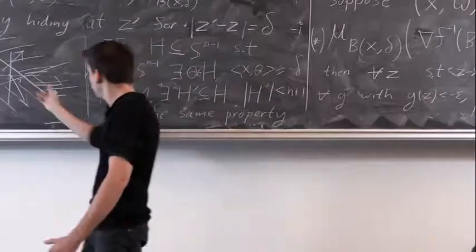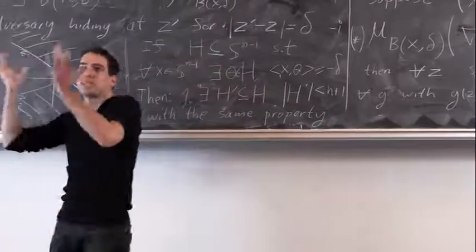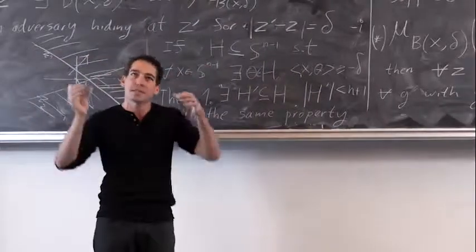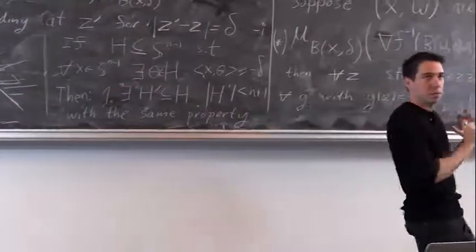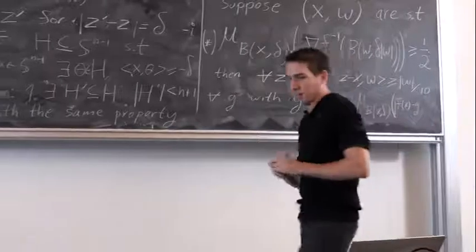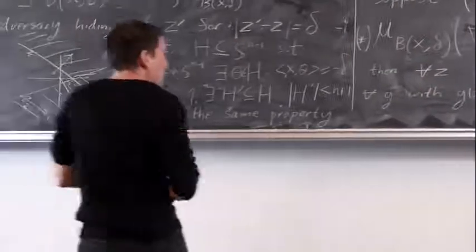So I can find a subset of directions which still expose almost everything, but it's just a union of a polynomial number of such balls. And 2,